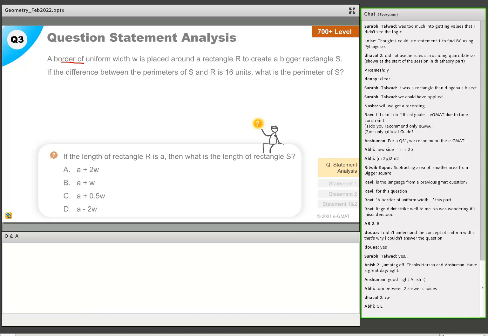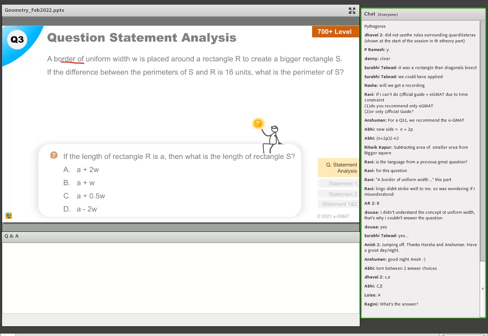similar to the last question, a border of uniform width W is placed around a rectangle R. Right? So this time it's not a square, it's a rectangle. So you have a rectangle R and you have this border of uniform width around it, to create a bigger rectangle S. So there is R and there is S. That's a bigger rectangle. Now we are given, if the difference between the perimeters of S and R is 16, what is the perimeter of S? Again, the mistake, Ragini, okay, the answer by the way is option D, but we are going to see why. And that's why you should understand why if you have not chosen it, especially. If you've chosen it, fantastic. So,